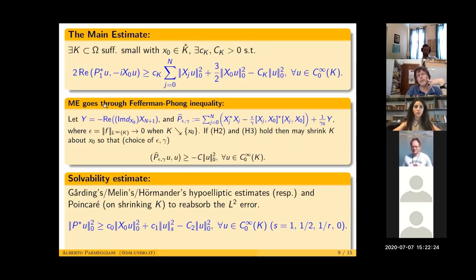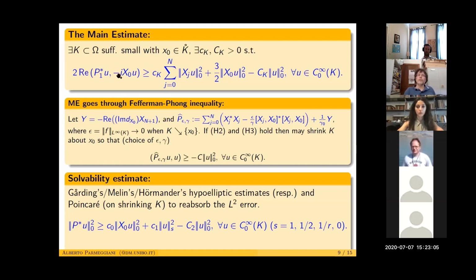So what is the point? The main estimate: we take this kind of energy control. You see, we take the adjoint. Of course, we want to have an a priori estimate, and then we take this kind of weight, this multiplier, so the differential multiplier, exactly. And what we get is this kind of a priori control. You can see here, these are sums of squares, and then we also want to take out of this some x naught part. And then we have some error term, which is L2, okay? And so we take a compact set K sufficiently small, which contains x naught in the interior. Then we can find this.